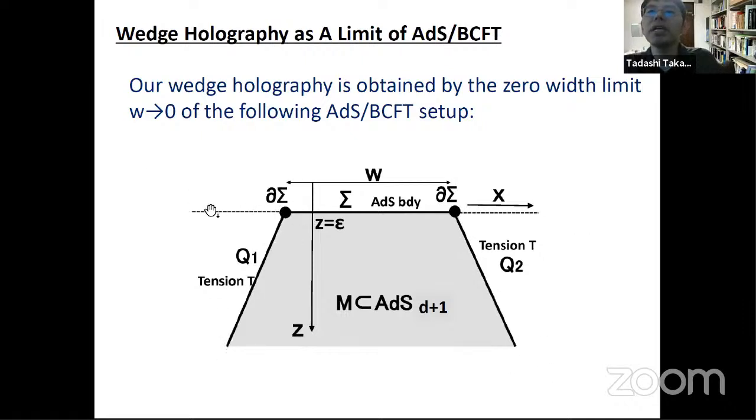This is the AdS boundary, and z is the extra dimension, right? This is the extra dimension, and we have the bulk. This is a boundary. And we can talk about some interval, right? This is a CFT defined on an interval with width W. And it's dual to, and the endpoints are boundaries. The boundaries are dual to Q1 and Q2. There are two boundaries. And this region is dual to this BCFT, but we can take the W goes to